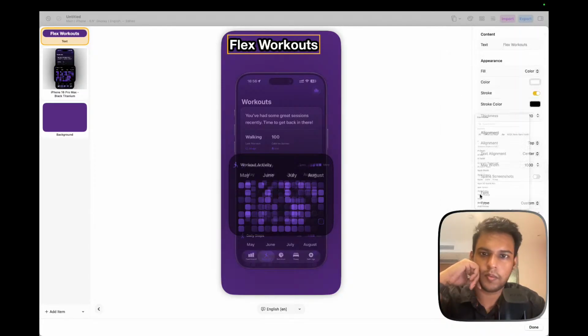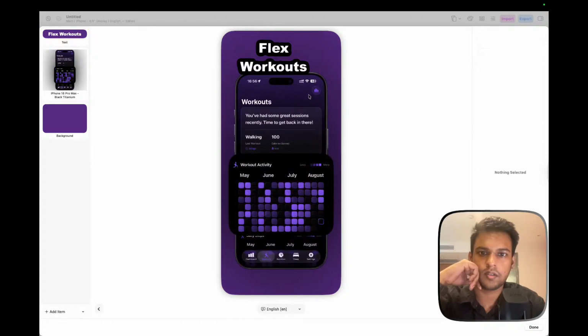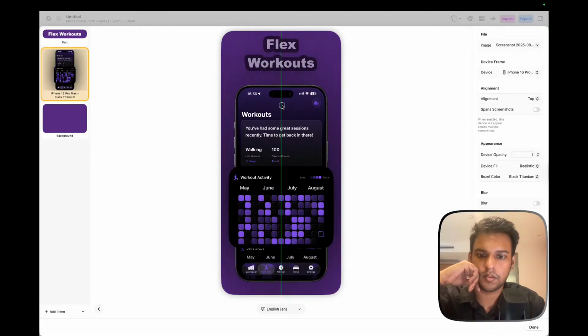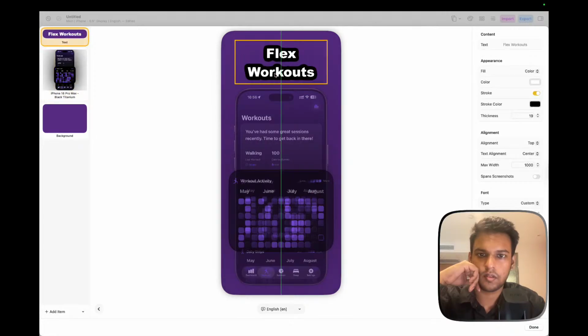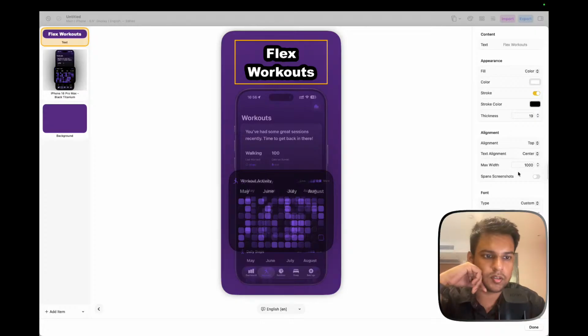Let's see, Arial Black. This is nice. And just go with 20 here. And just make this a bit, and make it much larger.